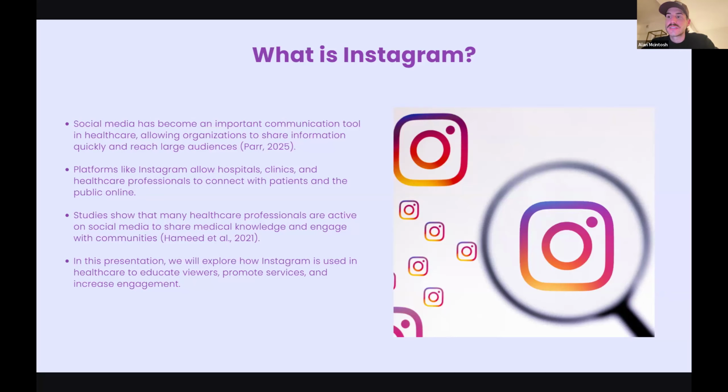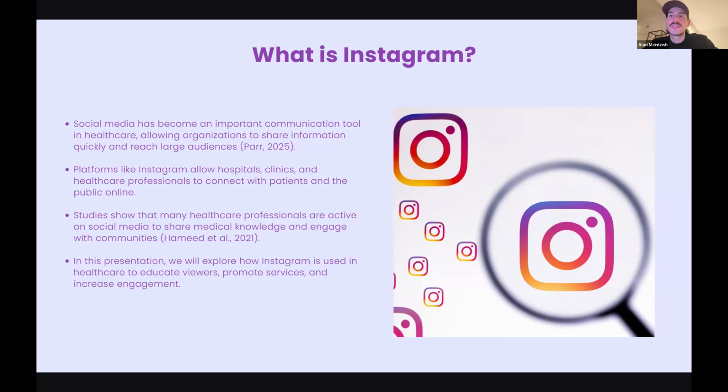Other information might also be necessary. Because Instagram focuses on visual content like pictures, videos, and reels, it's important to connect with the people in that way and use what is relevant. Instagram is really relevant with visuals.